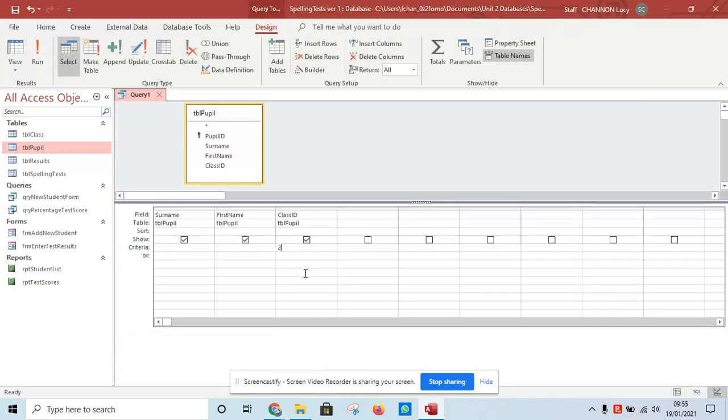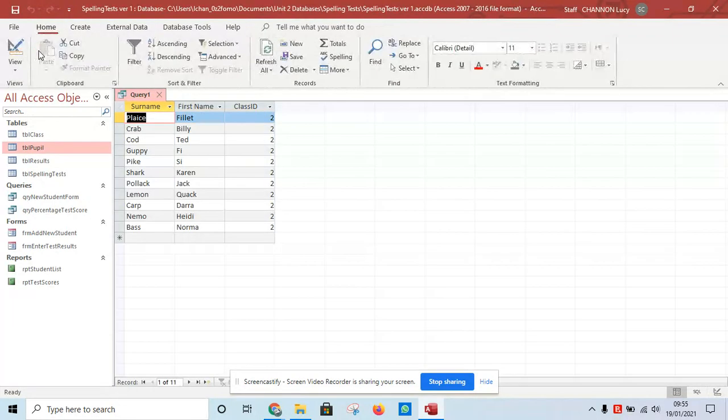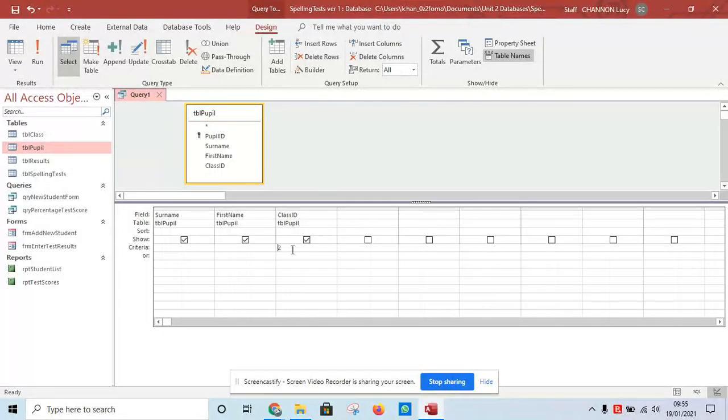I'm going to change that to 2, run that again. So we're in the design tab to see where that run button is. And now it's just picked up the children who are in class 1. What I'd like to do is I'd like you to now just run a query which shows the children in